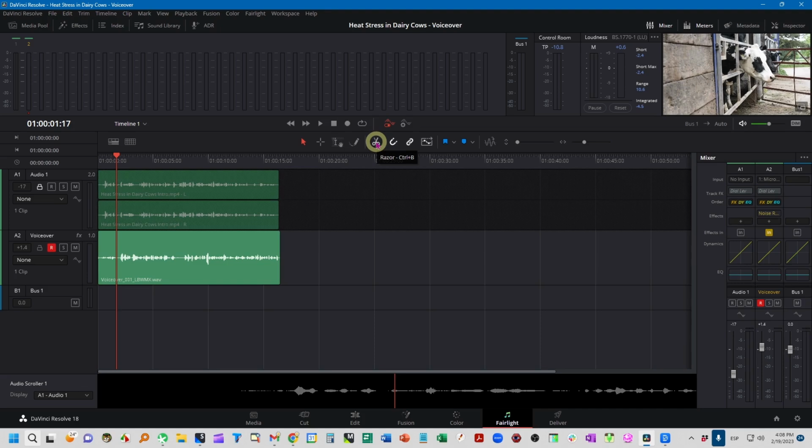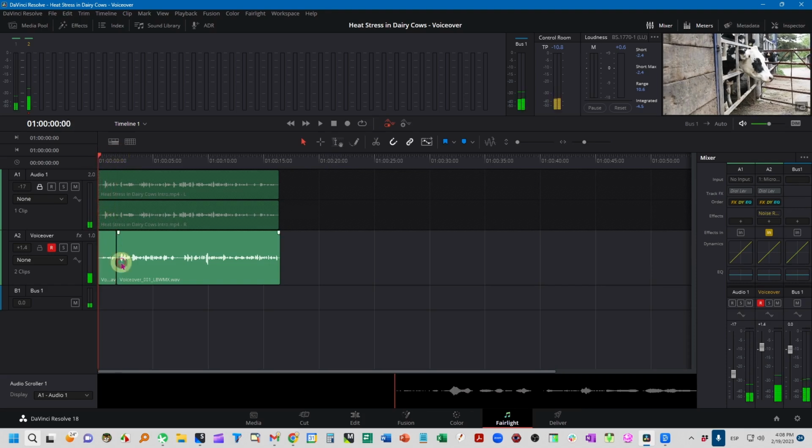So I'm just going to click on that and you can see I'm going to move the playhead so you can see that it was cut right there. So I need to get rid of this first part so that I can move this to the beginning, and I'm just going to click on that and press delete on my keyboard, and that helps me delete that section that I cut off. I can do the same at the end. I can cut, let's say cut here and then cut here and remove that part